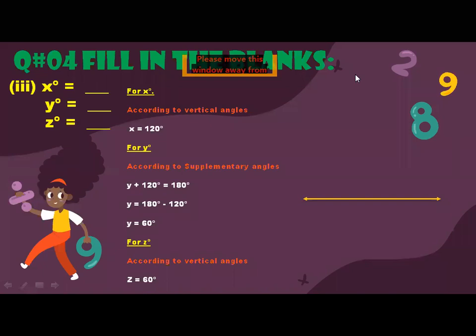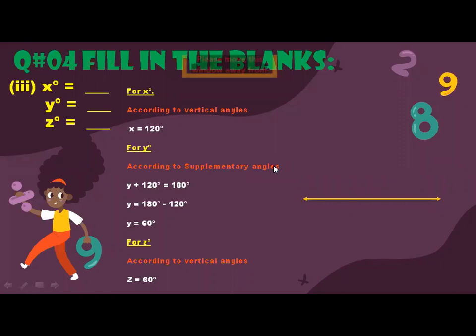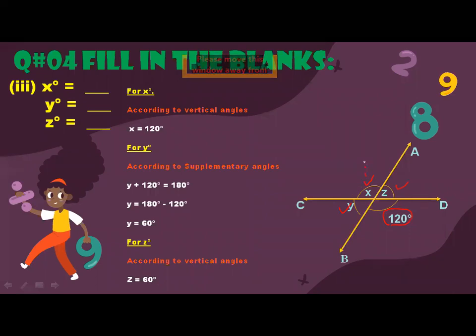Okay, Alina Salman, I am going to tell you the answer of why we drew the line from the left side. Now look at here. First, you are going to draw angle X here. Now if I repeat this figure again, look at this one. Before drawing, I'm going to explain without drawing. Okay, now look at this figure. This is X, this is Y, and this is Z, and this is 120. Only the measurement of one angle is given to all of you. According to your solutions, you have found out that your X is equal to 120.